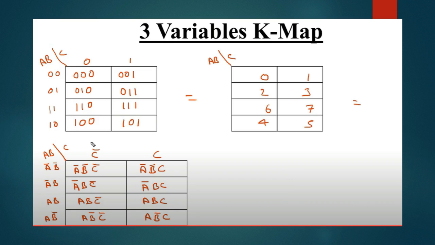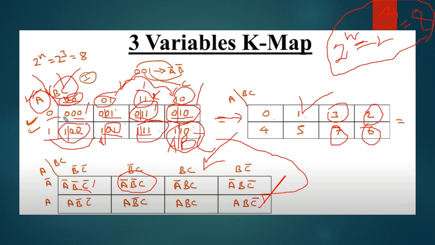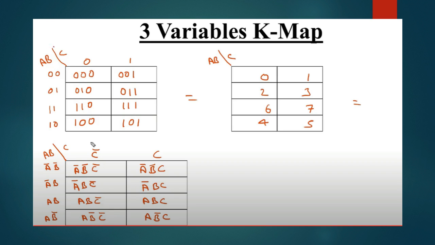Okay, now let's get into it. As I was telling, a 3-variable Karnaugh map can either be drawn in this manner in horizontal tables, or it can be written as vertical tables as well. It's up to you, but I personally prefer the horizontal one. I'm not going to explain this one. The only thing that I will tell you is, as you can see, the first step is to draw a line like this, and in the left hand column we have written AB, and in the right hand column I have written C only.